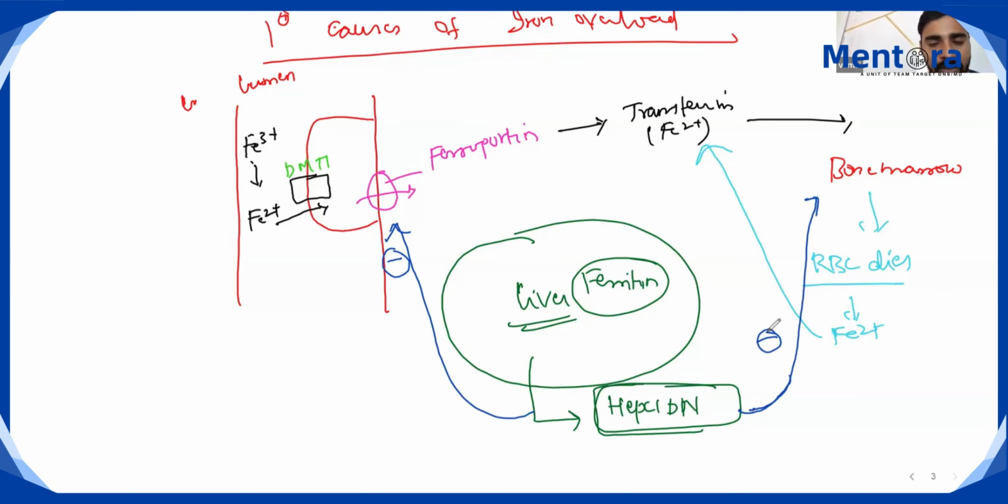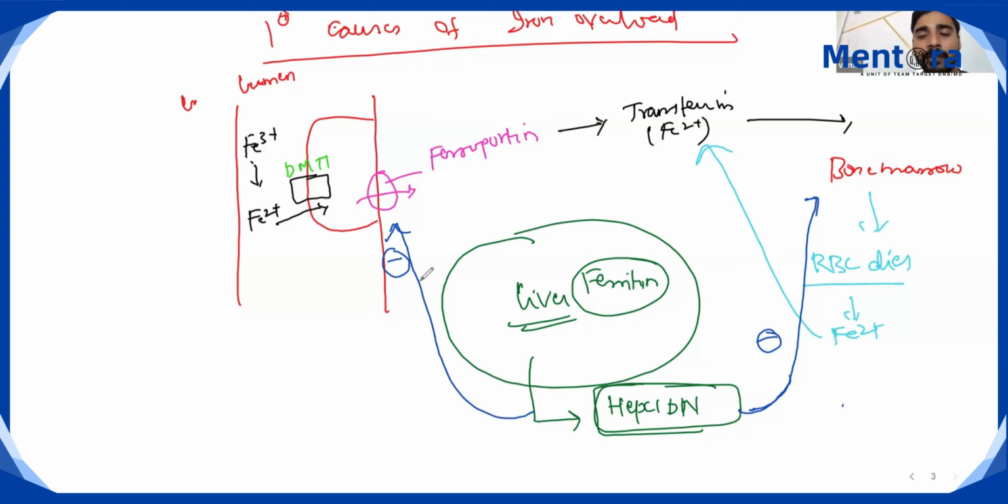Clear? Any doubts? Okay. I'll just come again, don't worry. So actually, the iron that is taken from the diet goes into the intestinal lumen. From the intestinal lumen, it goes to the enterocyte by the action of a protein called divalent metal transporter 1. From the enterocyte, it enters the circulation by the action of a protein called ferroportin. Right? In the circulation, it is carried by transferrin. From transferrin, it goes to the bone marrow, where it is taken by the RBC and helps in synthesis of hemoglobin. Whenever the RBC dies, again the excess iron goes to the transferrin. Whatever excess iron is present is stored in the liver as ferritin,